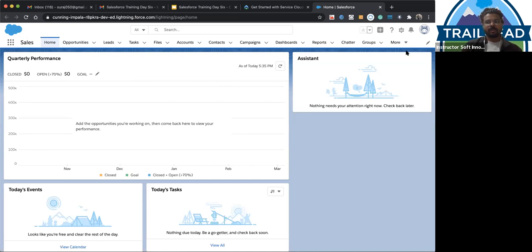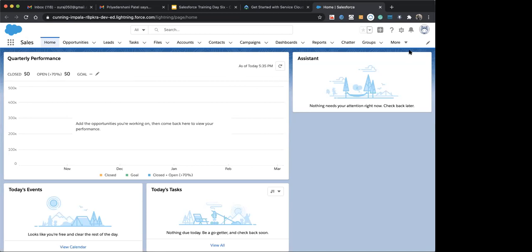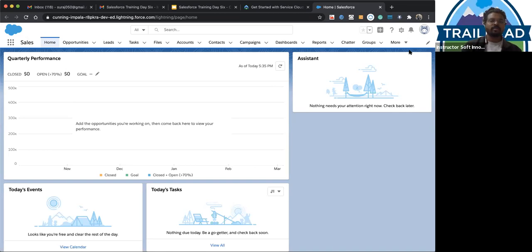So a global pick list is a kind of pick list which is available to all of the objects. Previously, suppose I have to create a city pick list in the opportunity, the lead, the account and any other object.